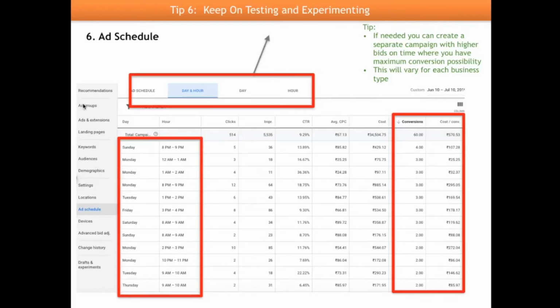So you need to go to the ad schedule report just underneath your locations, and go through this. Once you have the campaign, you can do the data analysis. So guys, spend money. Once you spend money on any campaign, only then you'll become a pro. You can judge yourself, you will get that confidence, and keep this video with you whenever you have some data. Just apply all these tips.